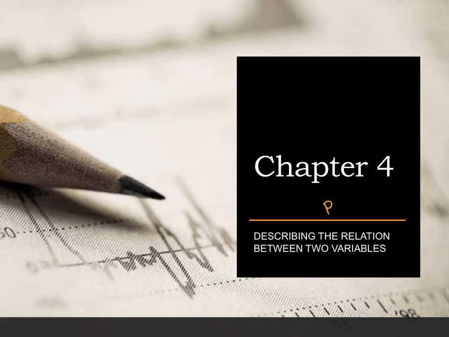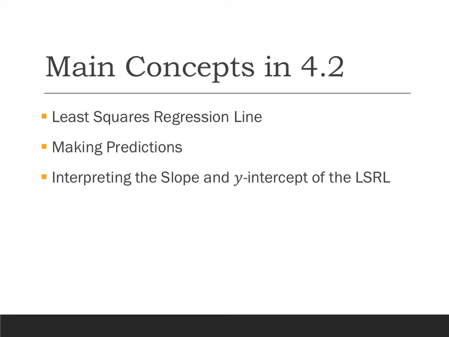Okay, this is chapter 4, part 5. All right, so we've talked about that least squared regression line, and now what we want to do is talk about how we can make predictions, both with that least squared regression line and without it, because there are times that we are not able to use this equation, and we'll talk about that in this